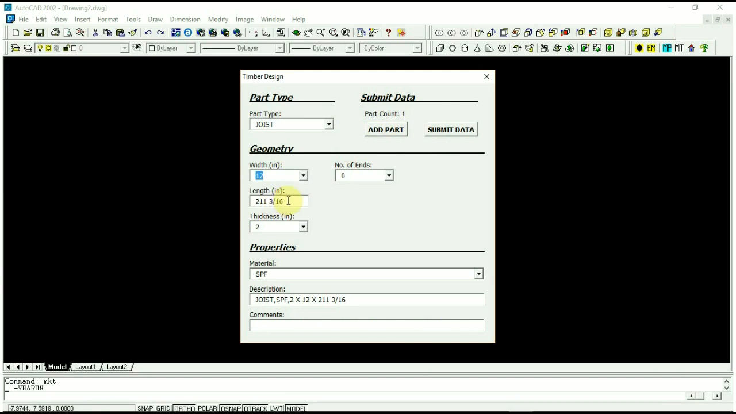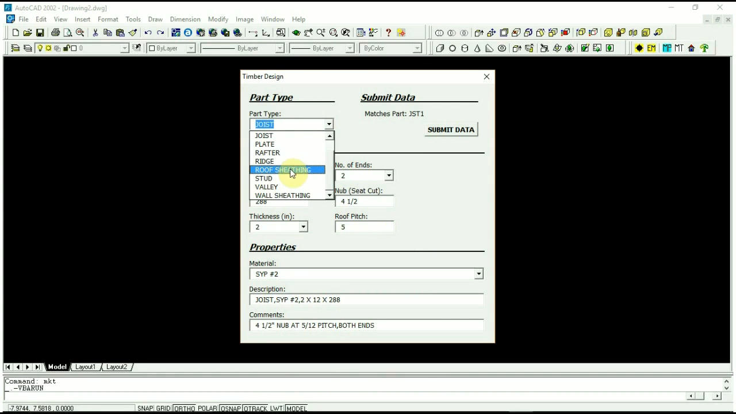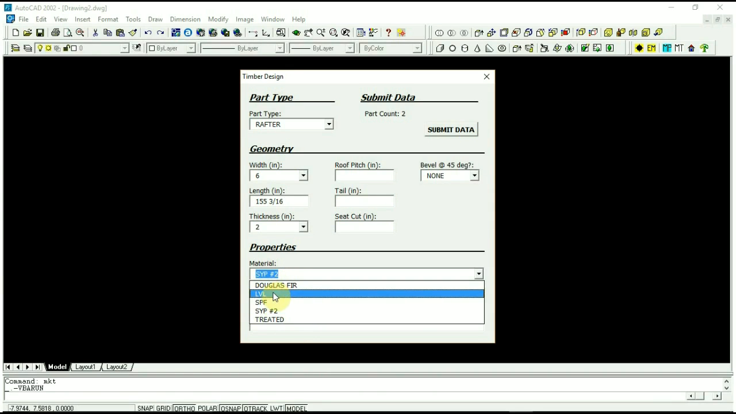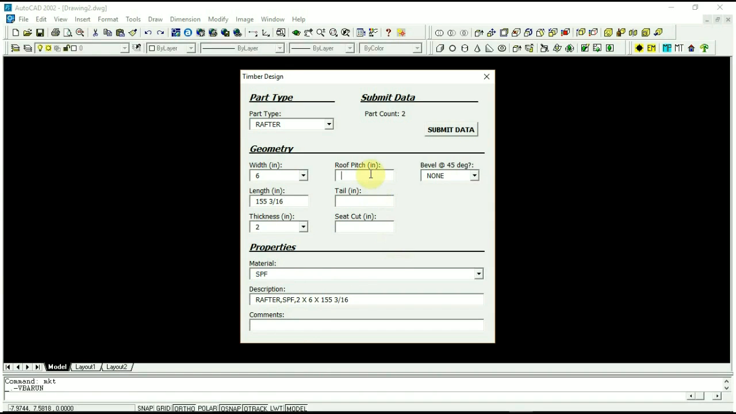And so I'm going to go 12, 288, let's see, joist, and each end is nubbed, so it's 4.5 and 5. So we got that. I'll make the rafters. I'm going to make that a 2x6, and the common rafter is 155 and 3/16. This is going to be SPF. Roof pitch of 5, tail at 22.5, and the C cut is